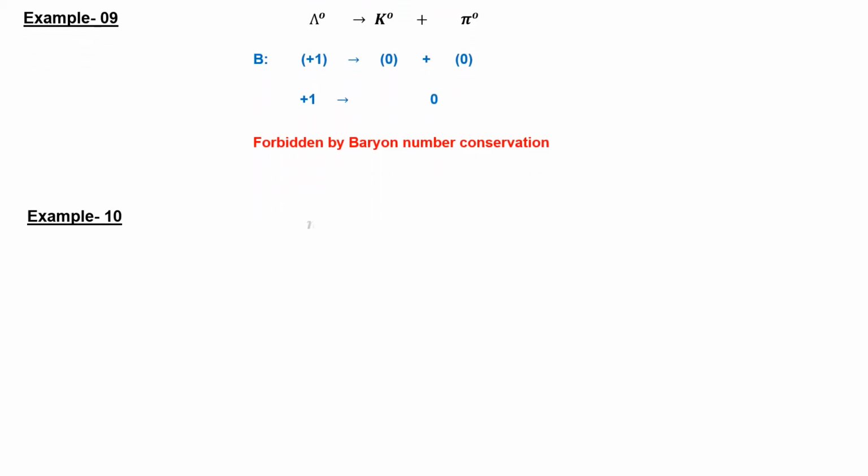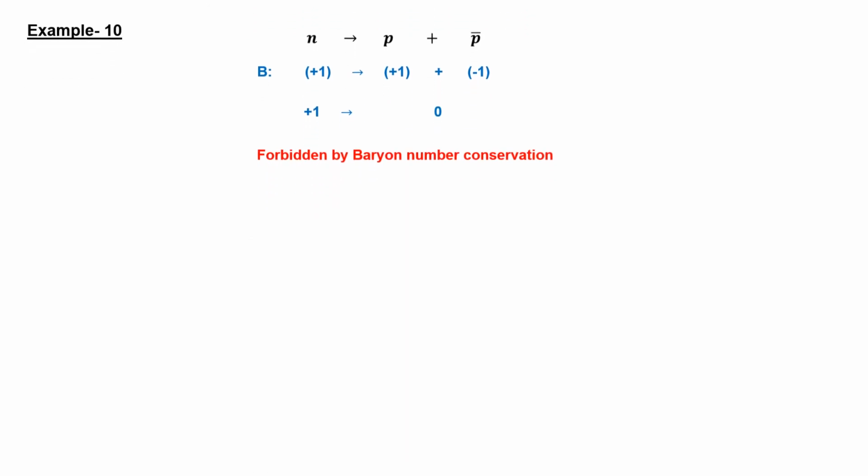The neutron is decaying into proton and antiproton. In this decay reaction, proton and neutron are baryon particles having baryon number +1, while antiproton is an anti-baryon particle having baryon number -1. Now since the baryon number is not conserved in this reaction, it is also not allowed according to baryon number conservation. A question was